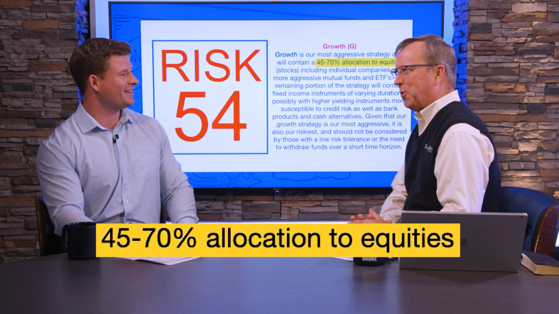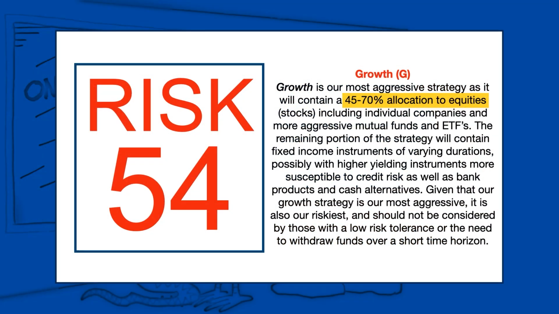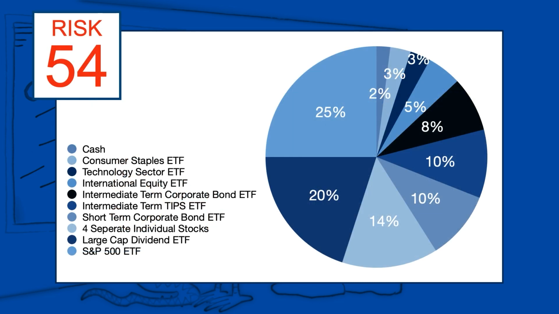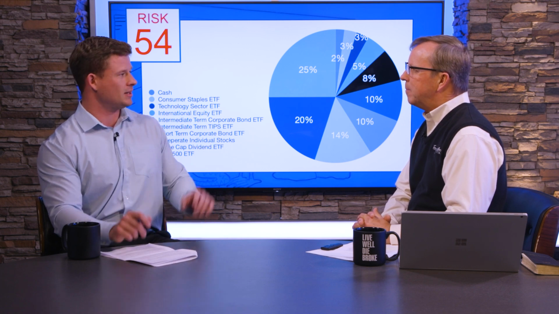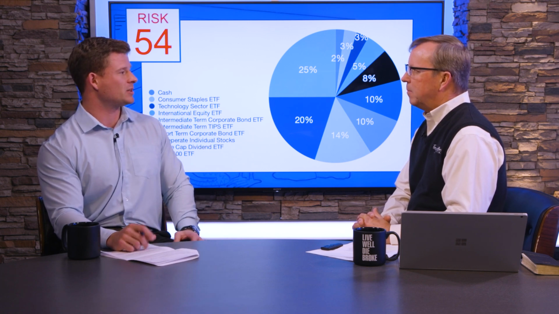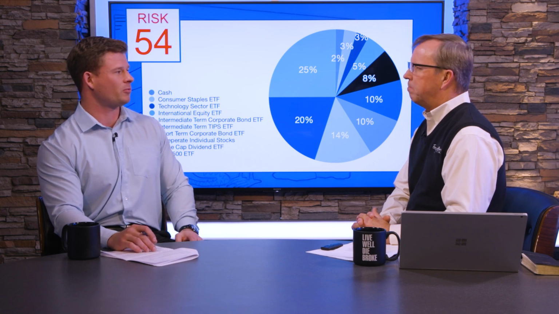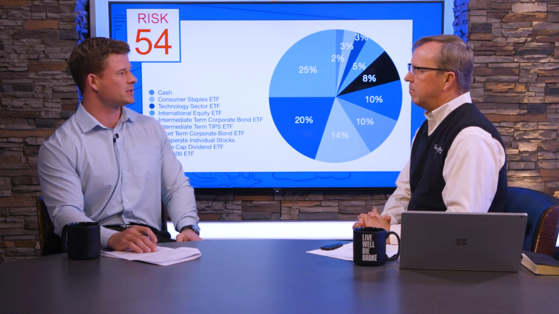And then finally, we have growth, although probably somebody on Wall Street would say 40 to 70% in the market, that's not real growth oriented. But describe why we have to be a little more careful with our saver clients. Well, here's something funny. That risk score, 54 on the growth, you think, okay, that's the highest of the three. The risk score of the S&P 500 is 72. Wow. So even our most aggressive strategy is less risky than the stock market as a whole, because we are working with savers, and we really can't take too much risk in the market.